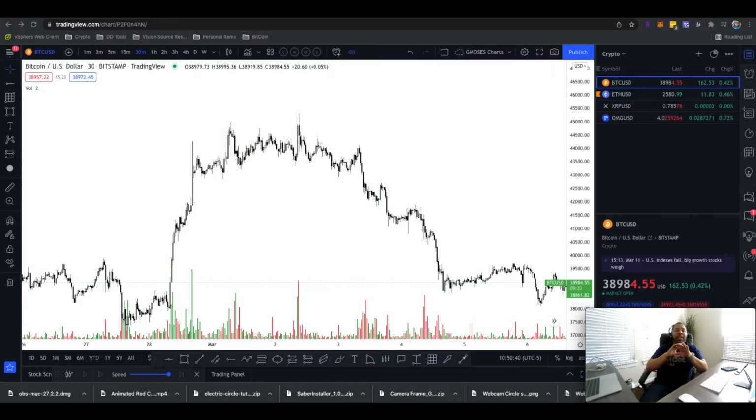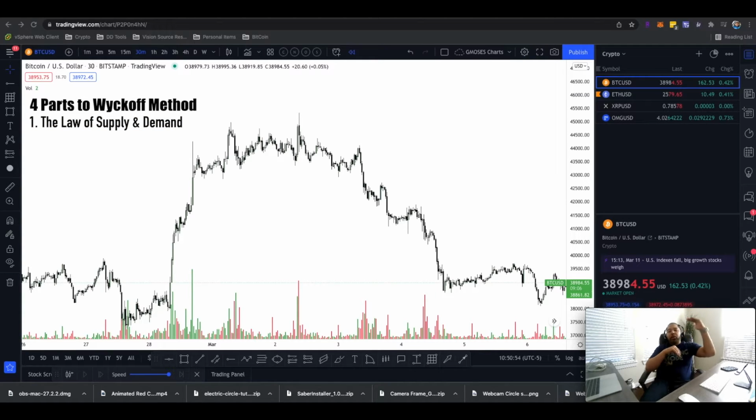So when you think about the concept of Wyckoff, there's four parts to Wyckoff that I want you guys to understand. The first part is the law of supply and demand. So when you think about supply and demand, supply, you can kind of think of that as a level of resistance, but supply is, for example,